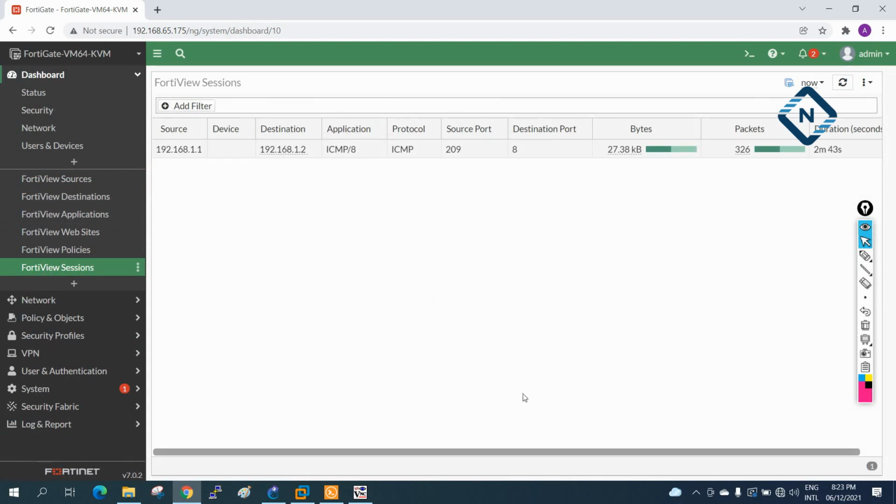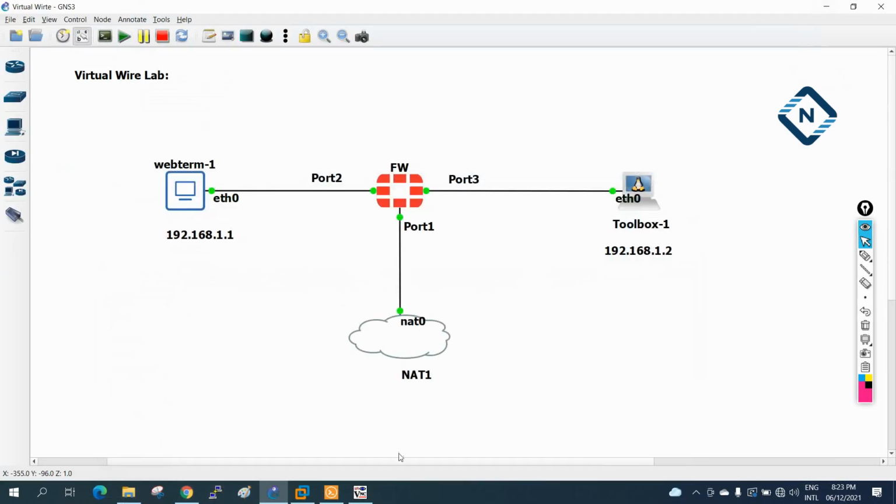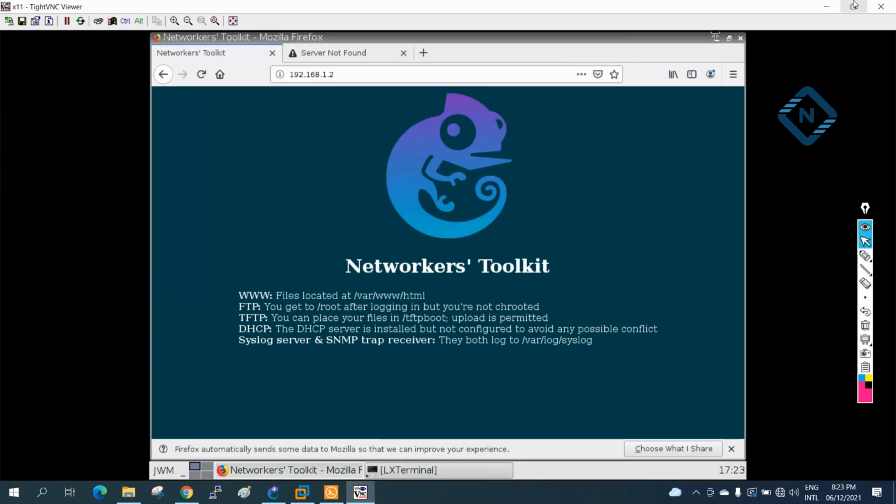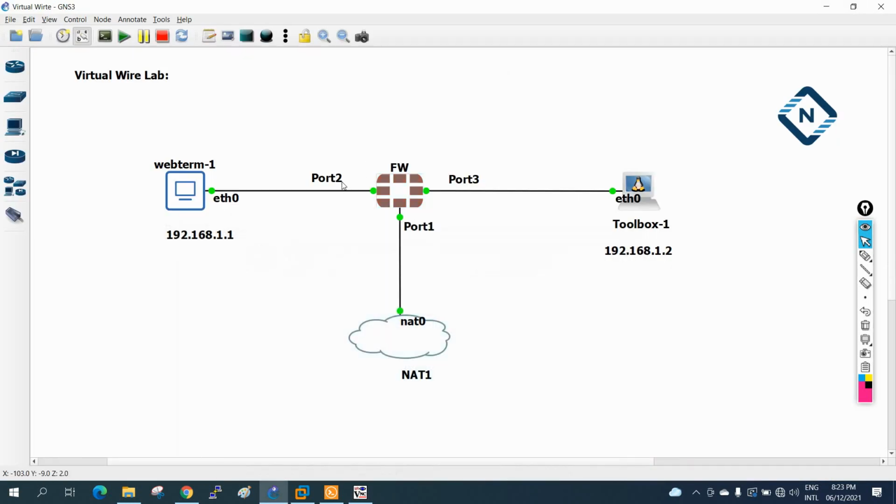You can see later. So now what we are saying is, this PC is able to access the server, he can ping, and also he can access the web server. This one, he can ping and also access the web server. Here for the firewall we did not assign any IP address, just we put this port in the vWire. This is behaving like a bridge.